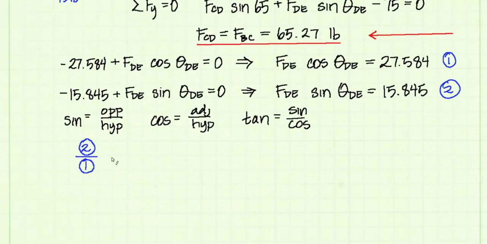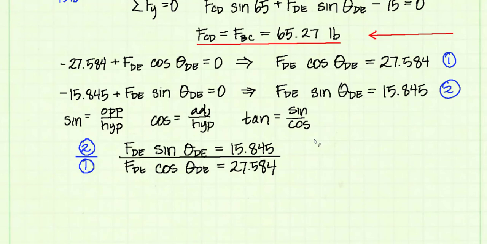I'm going to take equation 2 and divide it by equation 1. My FDEs will cancel out and I'll get the sine over the cosine of theta DE, which will just be the tangent. I'll have one unknown left and I can solve for the angle. Okay, this is what it looks like. I've taken equation 2 divided by equation 1. Notice the FDEs cancel out. Sine over cosine theta DE becomes the tangent of theta DE, and 15.845 divided by 27.584,